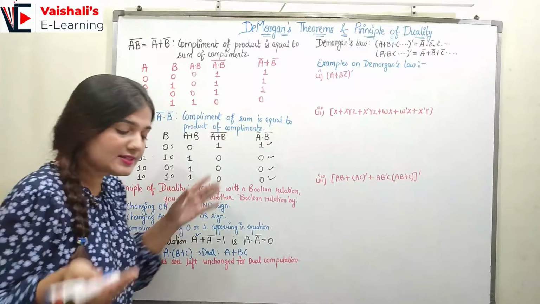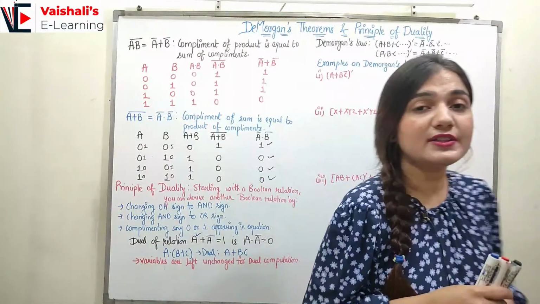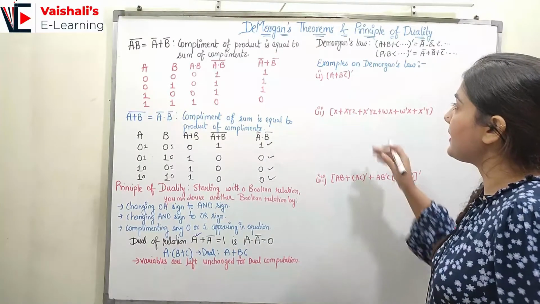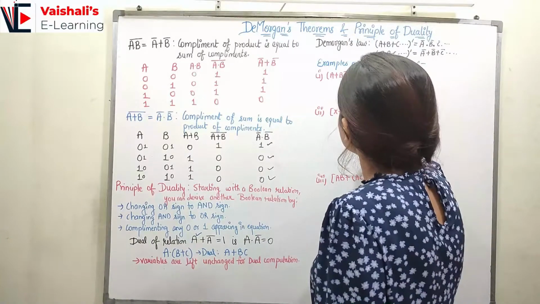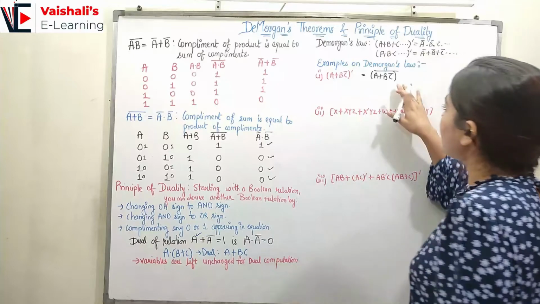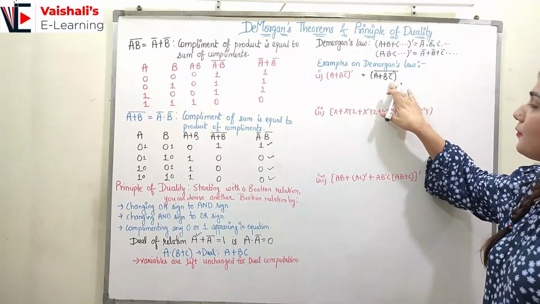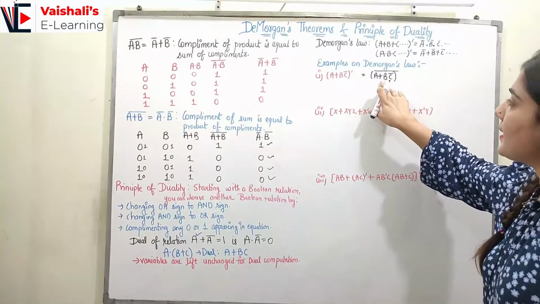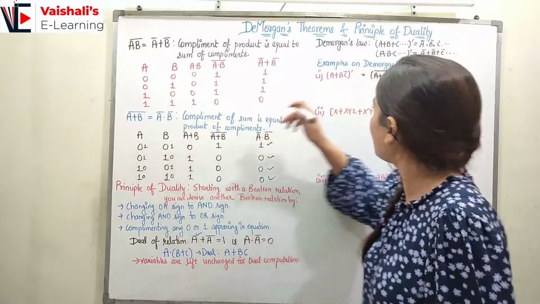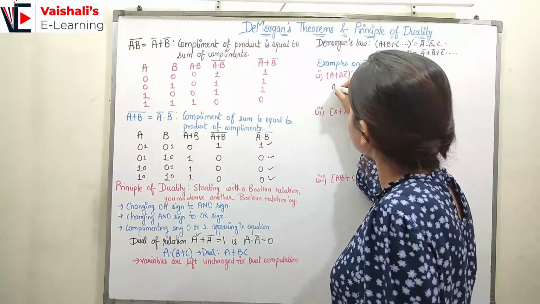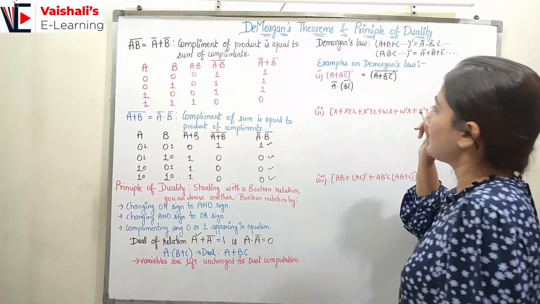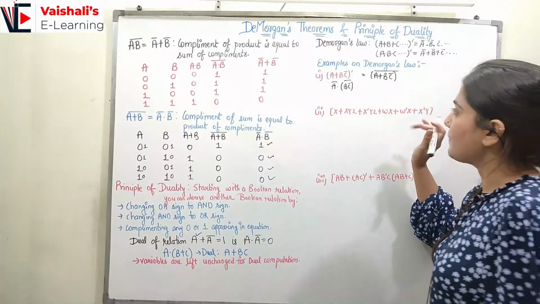Coming to the example. So let's apply all of the things that we have studied till now with the help of these examples. Now we have the first example, A plus BC bar whole complement. So we can write it as A plus BC bar whole bar, right? So now when I have A plus BC bar whole bar, now here we have plus, right? So when I had plus and whole complement, it is converted into the dot and the complement. So here I have A complement dot BC bar whole complement. This is how I can reduce it with the help of the De Morgan's law.